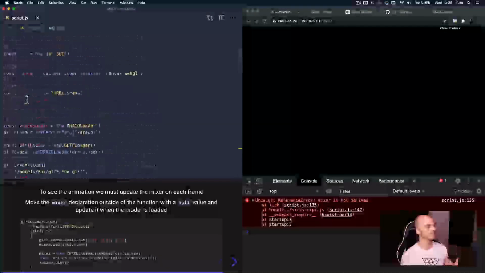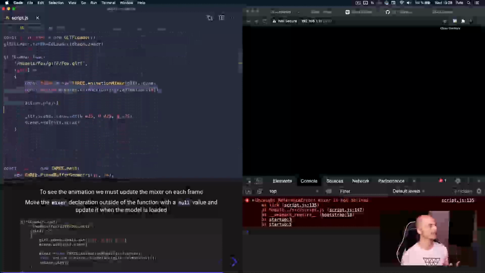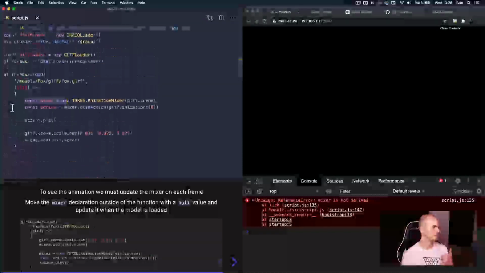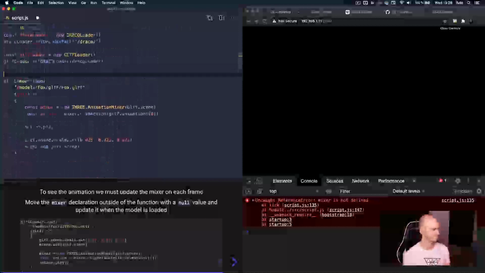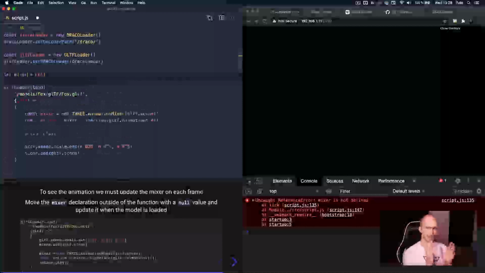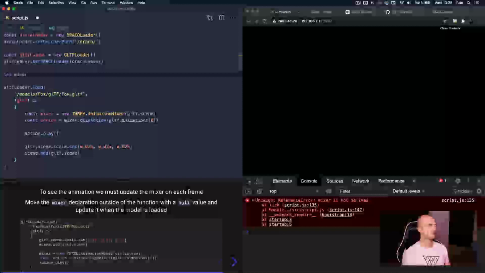Why? Well, because we created our mixer inside a function. This is a JavaScript scope issue. To fix that, it has nothing to do with Three.js. It's just because we created a variable inside of a function, you cannot access this variable outside of the function. It's how JavaScript works. It's called scope. What you can do is create it outside by using a let, because you are going to change it, and do let mixer equal nothing. And I prefer to say equal null, so it's clear in my head, but you can do also that. It's going to be the same result, but I like to put it this way so it doesn't look like I forgot something. So let mixer equal null,